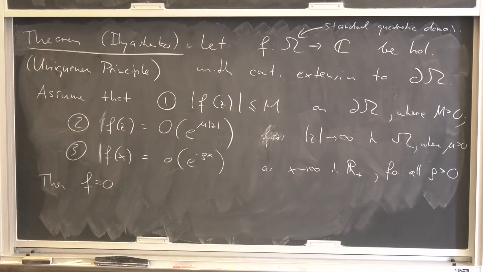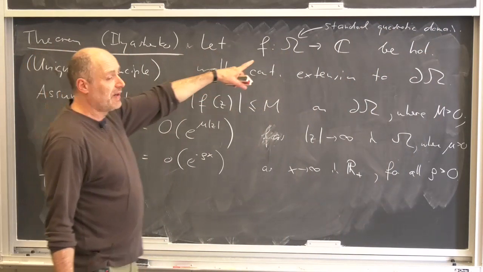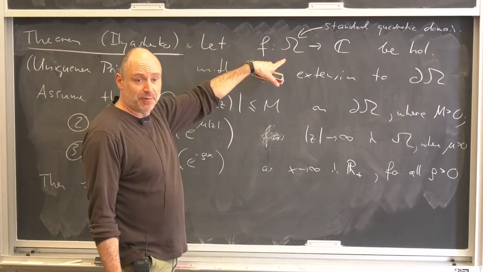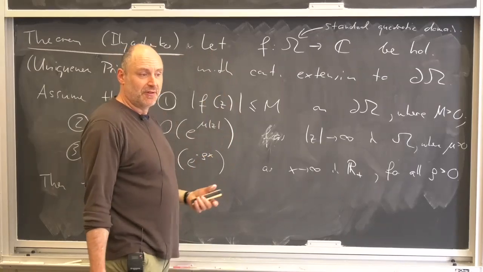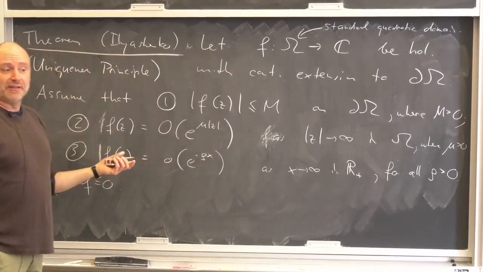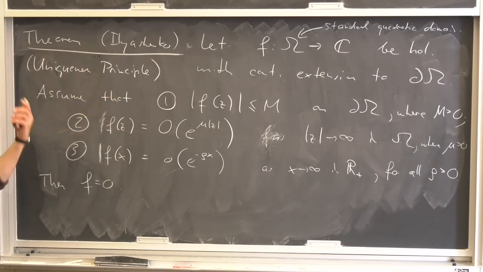Do you use some sort of transformation from omega onto a sector or the half plane? Remember, omega is the image under that map of a half plane. So it has an inverse; that phi is invertible and tangent to the identity. So the conditions that we have listed here still hold for the pullback of f to the half plane. So I can assume omega is the half plane. And then when it's the half plane, we can just apply